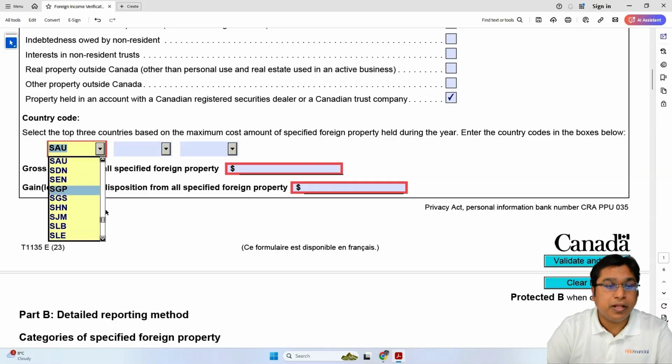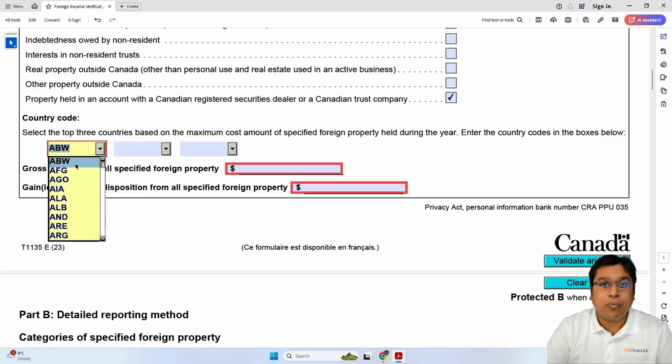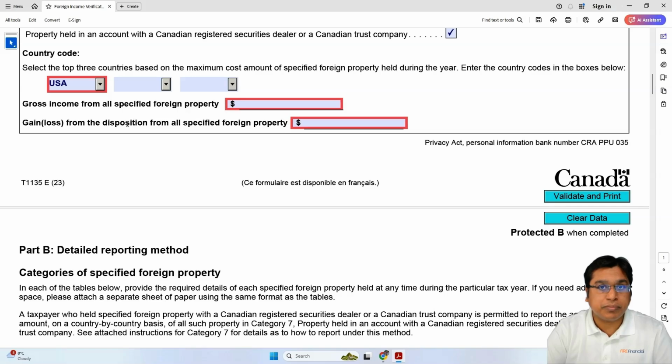Remember, all this information asks you for gross income. None of them ask you for net income, meaning the CRA wants to know what the gross rental income was before you take any kind of deduction, such as mortgage payments, a property manager, or repairs and maintenance. CRA does not want to know those. CRA just wants to know your gross income from those assets. So if you have that Florida property, you have to add that information here.